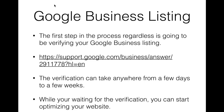And while you're waiting for your verification card, Google will mail out a postcard with a code on it that you have to enter online. They're going to mail you a code, and then you punch that into their website and you get verified. So Google is going to do that, but while you're waiting for that to happen, you can start optimizing your